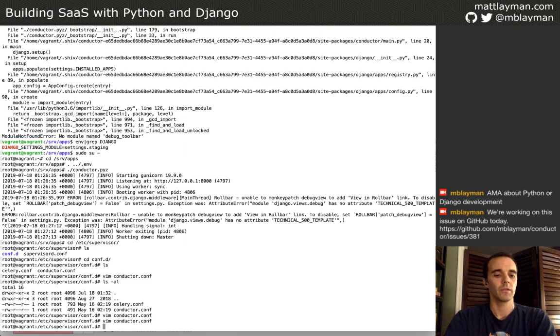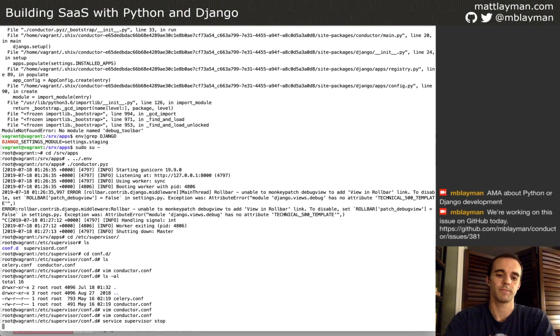Okay, so let's do this. Let's take the service supervisor and we'll say stop. So supervisor is connected like a normal service, and when it starts, it looks for all of its configuration files and says, what programs do I need to run and manage? And it does that based on what exists in that conf directory. So hopefully, if we say supervisor start,